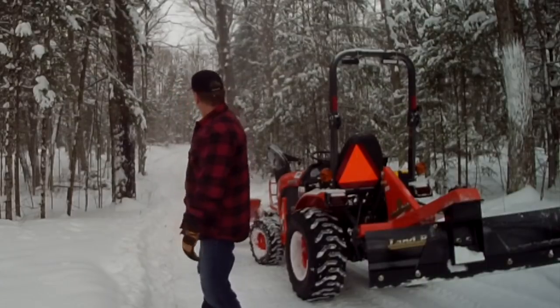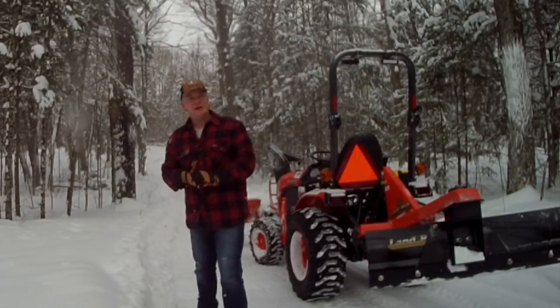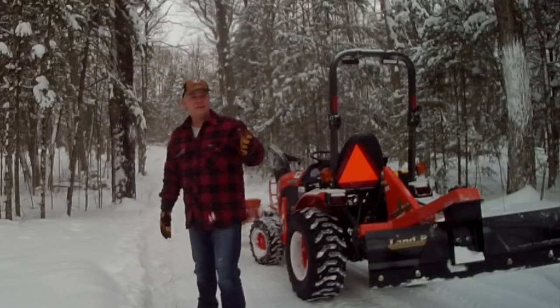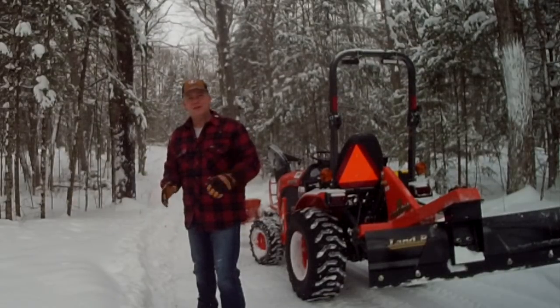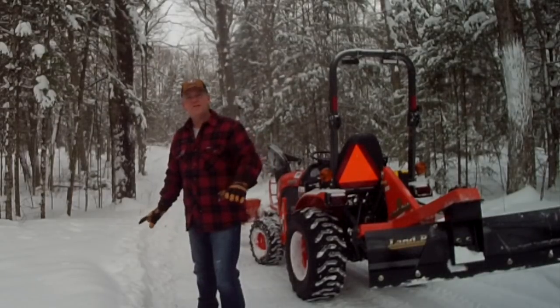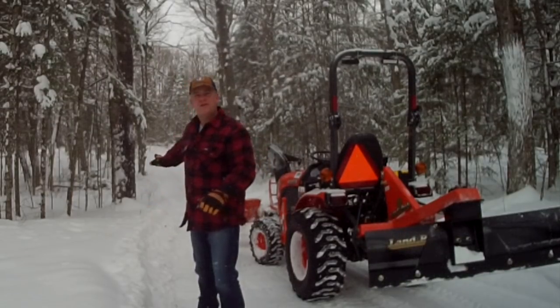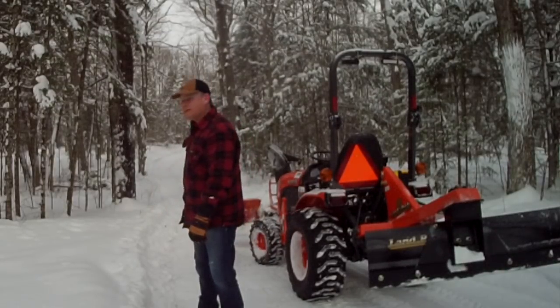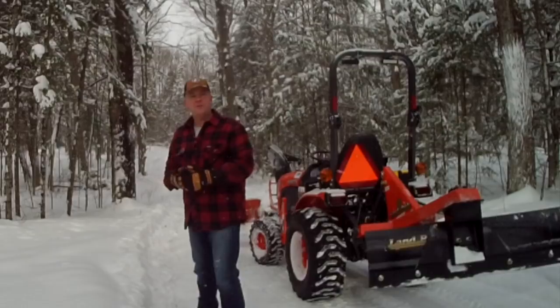Okay. It's not doing too bad, actually. Did really well. Got a little slippery here coming up this little incline, but I think I mentioned it earlier. After we had that big rainfall, we had a snap freeze and everything froze. So basically underneath the snow, it's all ice all the way out to the concession road. So I think we probably started slipping on some ice back there as the blade was getting full, but